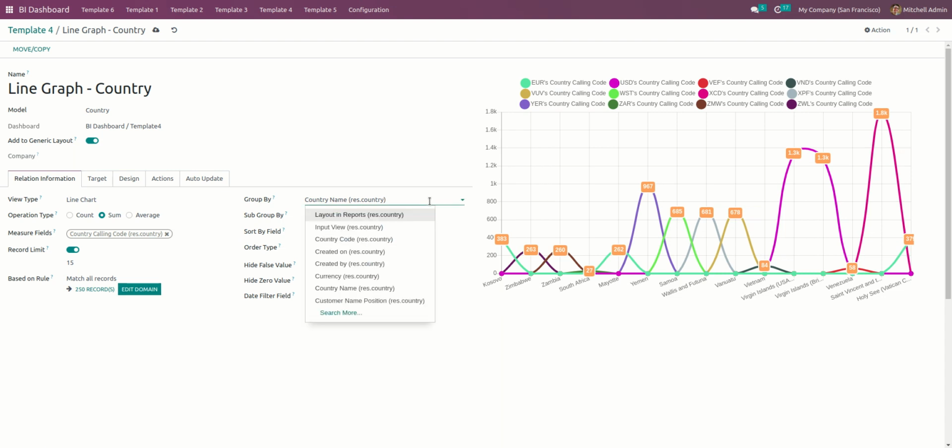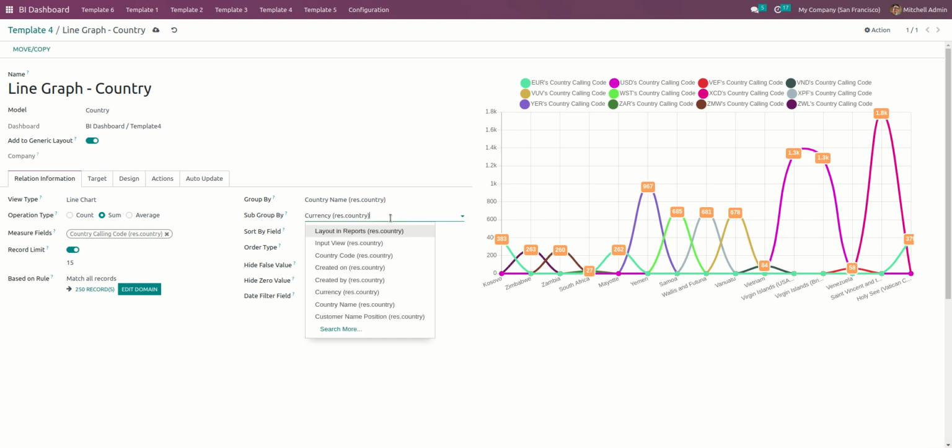If you want to group by any parameter from this model, you can set it. We have also provided subgroup by, so if you want to select any parameter in subgroup by, you can also select it. Here we have provided the sort by field.